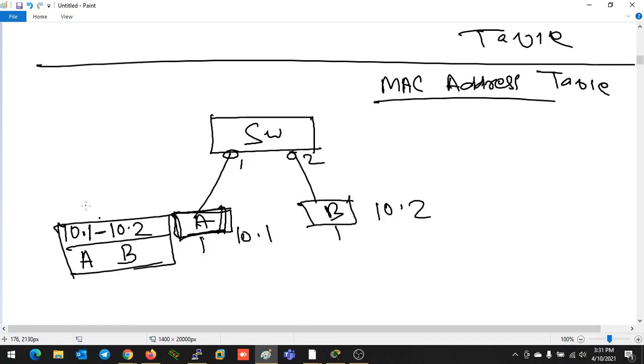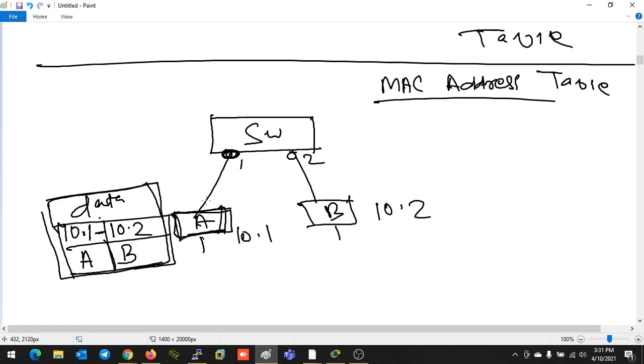So this is the packet, and here the data is there. Now this information will be sent towards the switch. The switch will receive the information on port number 1. So what will happen right now?